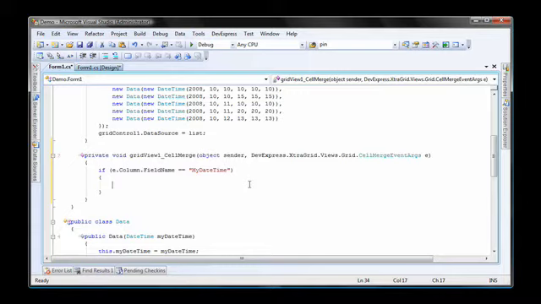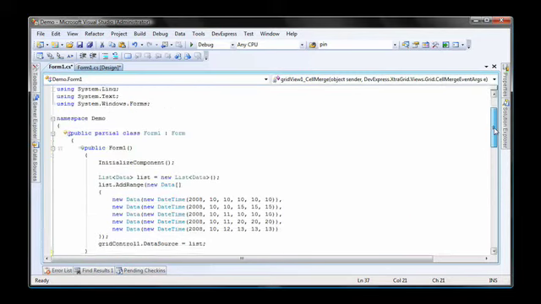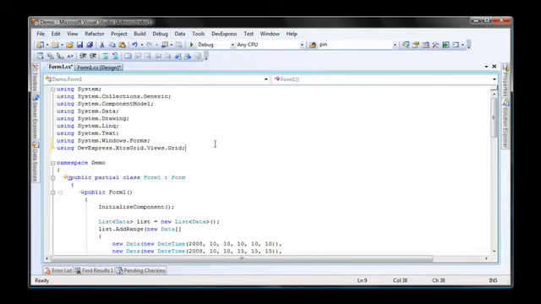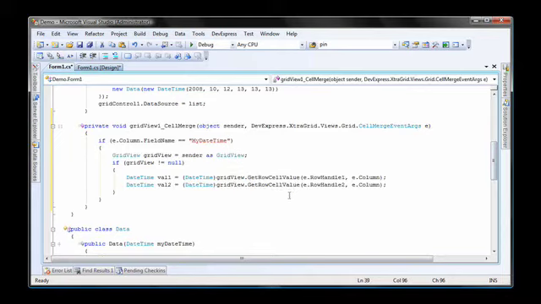I need a reference to the grid view I'm working with. To be more flexible with the code in this event handler, I retrieve that reference from the sender parameter instead of referring to my grid view statically. I also need to add a using statement for the namespace devexpress.xtragrid.views.grid. Using the references from the cell merge event args, I can now retrieve the two adjacent values that need